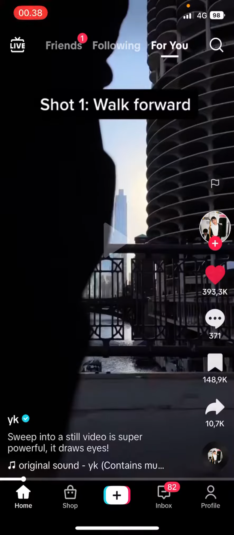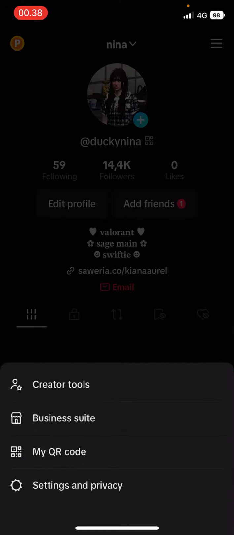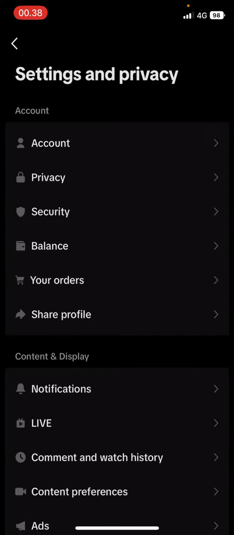In this video I'll be showing you guys how you can check your balance on TikTok. Super simple actually. You're just going to select your profile here and you're going to select the three lines. Then you are going to select settings and privacy, and as you can see under account there is a balance